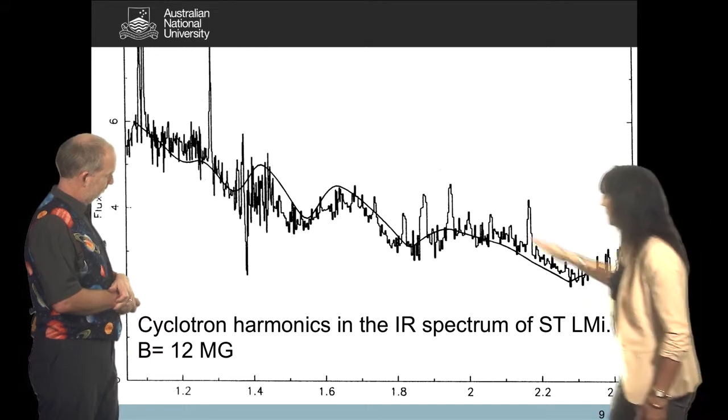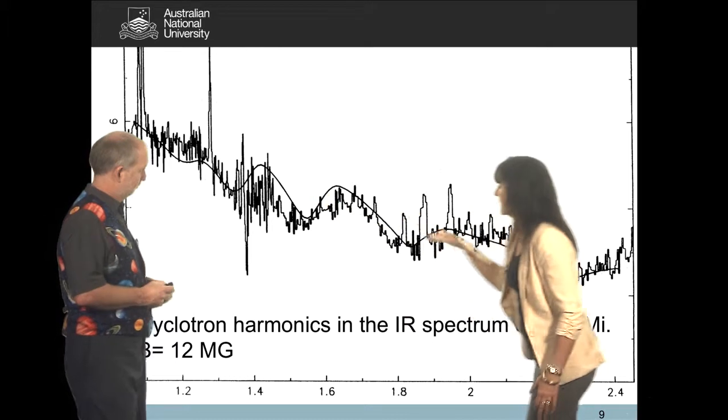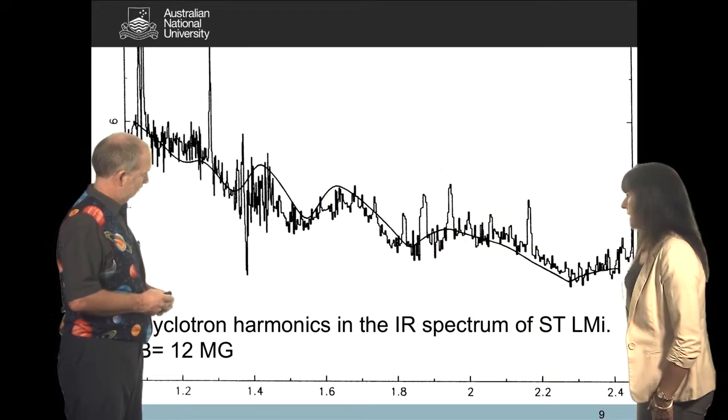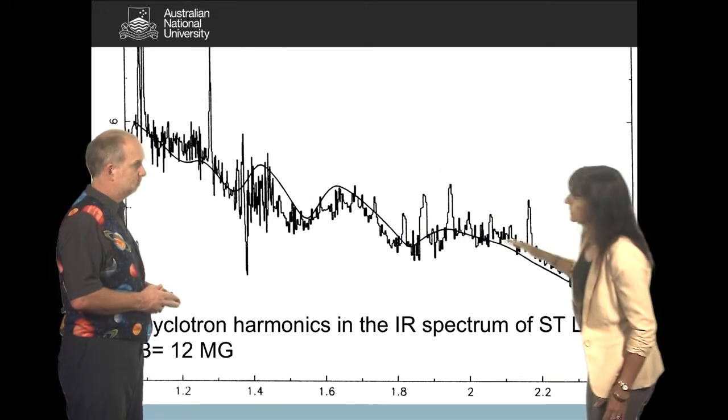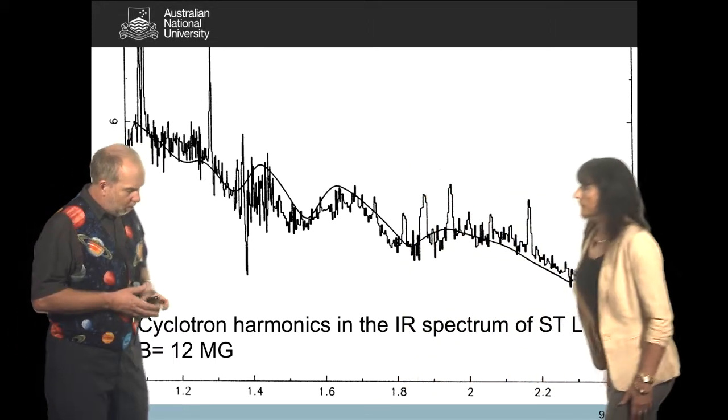And again, what we can see is this wiggle. We can see these cyclotron humps. And they can be modeled with a field strength of 12 megagauss. Okay, so